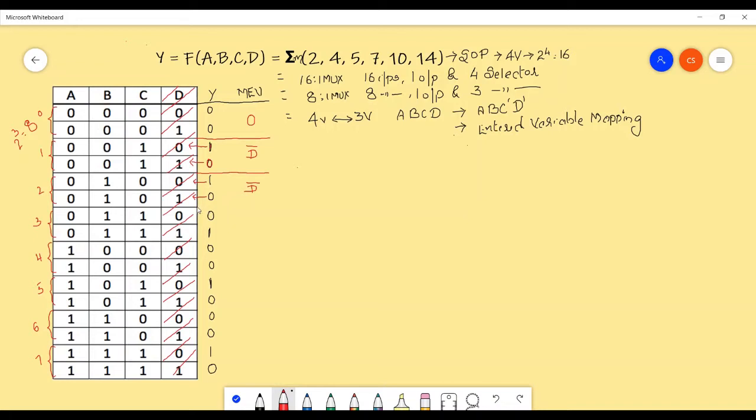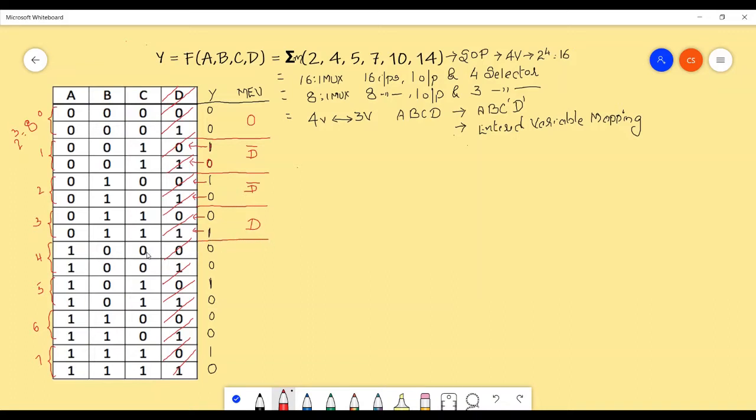So this is done. Next, 0, 1, 0, 1, 1, 0, 1, 1. Output is 0 and 1. Again it is changed here. Again it is 0 and 1. So I'll go back and check what is the value of d. Here, when the output is 0, d is also 0. When the output is 1, the value of d is also 1. So what am I going to write here? I am going to write d. So this is done. Moving on further.